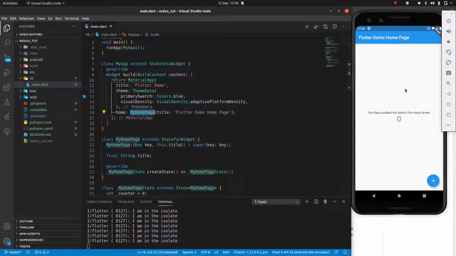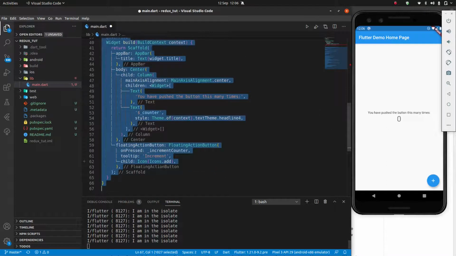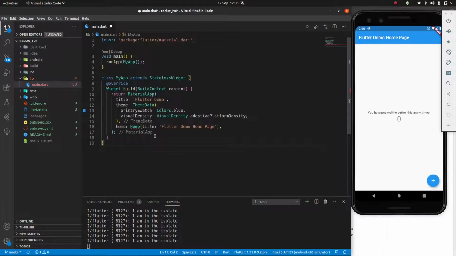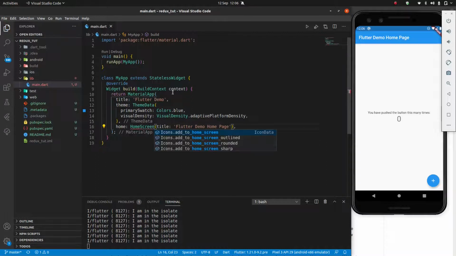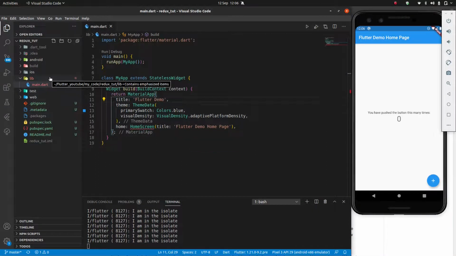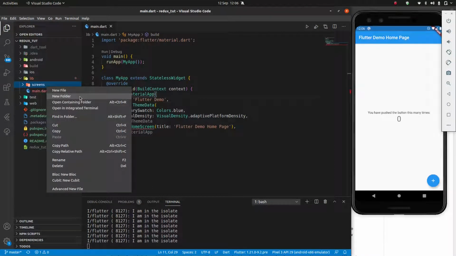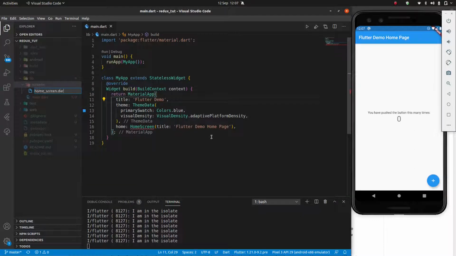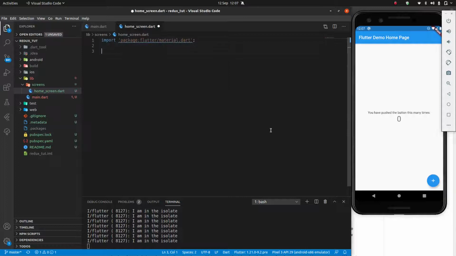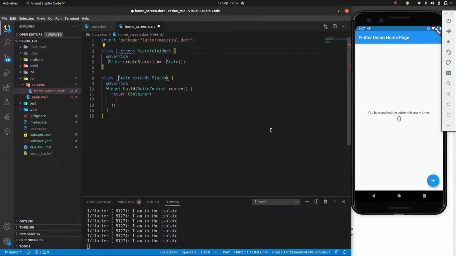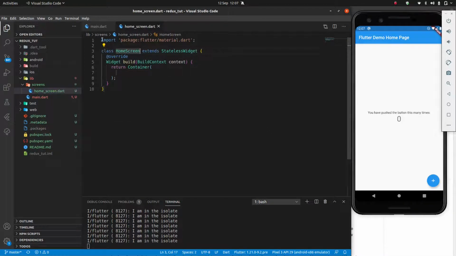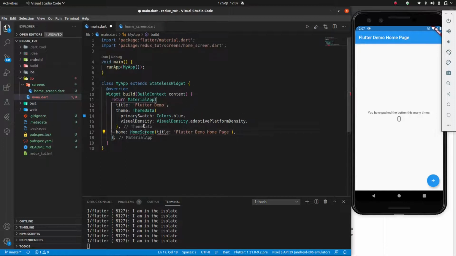First, we're going to make the really quick UI before jumping into the Redux stuff. I'm going to change this just to home, or call it home screen instead. Although this is just a quick app, I do still want to separate my widgets. So I'm going to have screens here. And I'm going to make a home_screen.dart, which has IMPM, the material, STF, STL, stateless, home screen. So now I can import this,